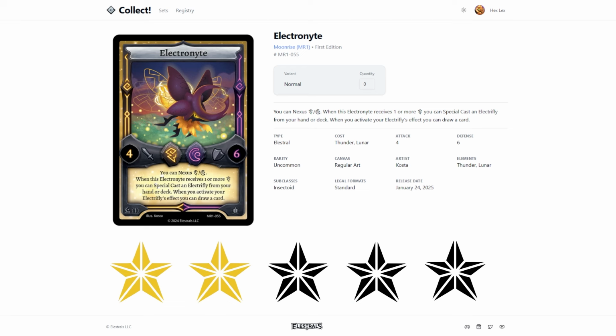However, the Electro Knight, I might be wrong about this, but I'm going to call this a 4-star card. I think the Electro Knight is quite good. Thunder finally has a Nexuser that's not exactly the Larvacell into Phosphocell line. Granted, it requires you to run Lunar, but I actually think that it's worth it because of how good both of its second effects are, right? So when it receives Thunder, you can special cast that Electrofly from your hand or deck. So that's why I specified